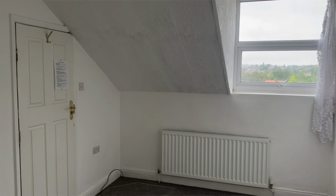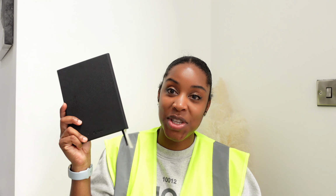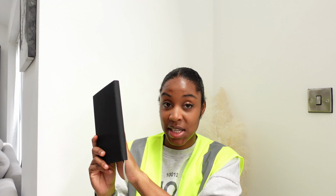Are they good? Are they timber? Or what materials are they? Do they need upgrading? Windows, do they need upgrading? Are they timber? Just stuff like that that you can jot down in your notebook that you should be taking. And again, another reason for having this notebook, we'll go back to this, is so that you